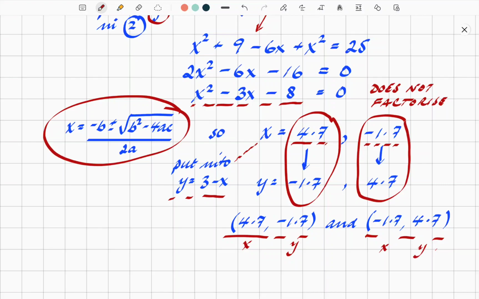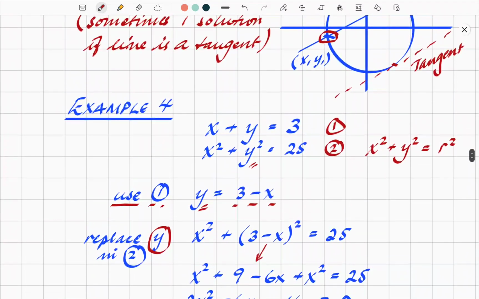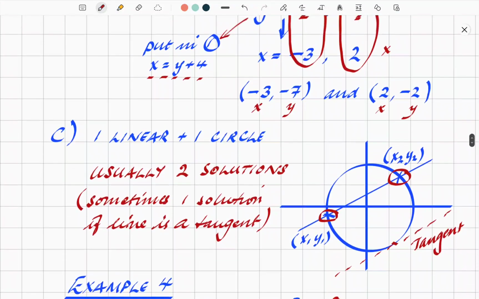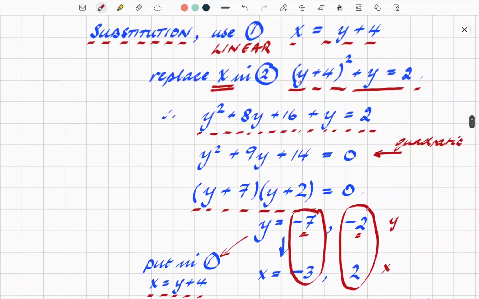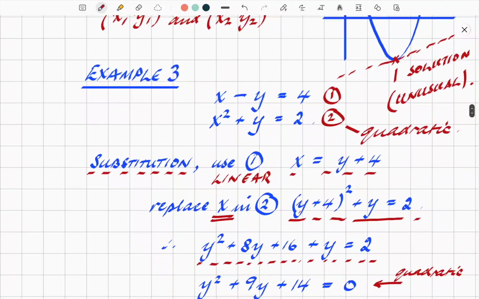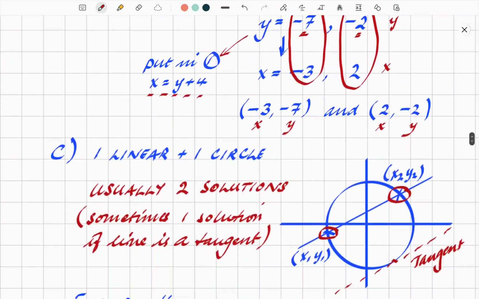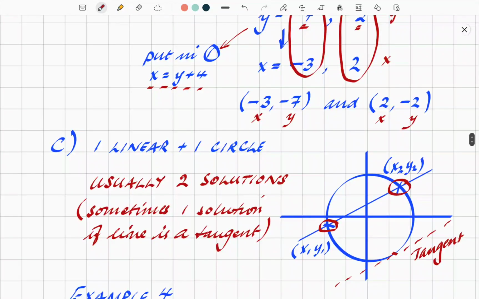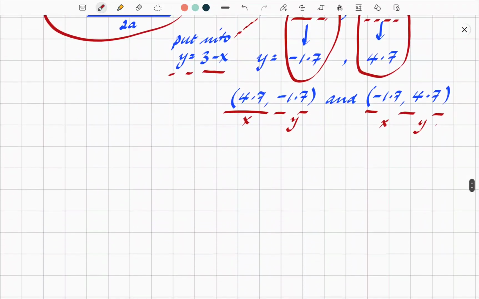So that basically is 3 types of simultaneous equations that could come up in a GCSE. In recent years, it's been sort of more common to have the type C or type B, as I've labeled it. All right, so quadratic, line and a quadratic, or indeed a line and a circle. All right, those have been the most common ones. And to watch out for, if any of you are doing the additional maths,